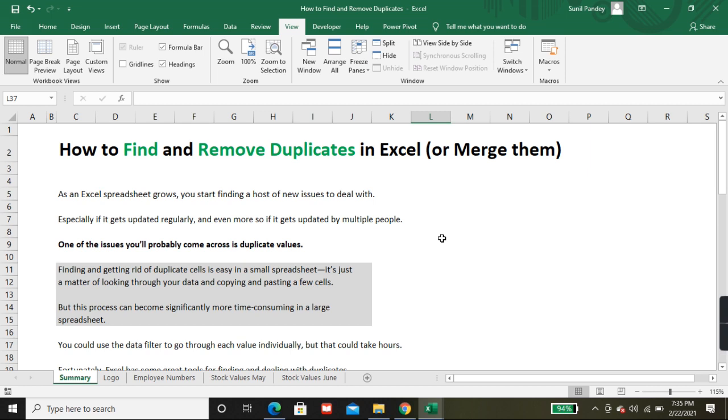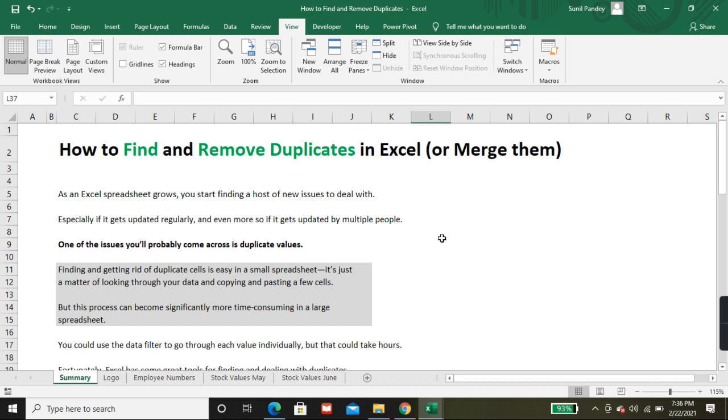Finding and getting rid of duplicate cells is easy in a small spreadsheet. It is just a matter of looking through your data and copying and pasting a few cells. But this process can become significantly more time consuming in a large spreadsheet.